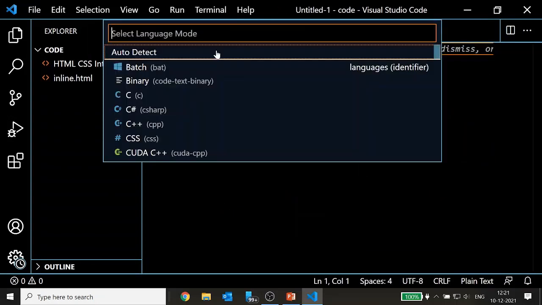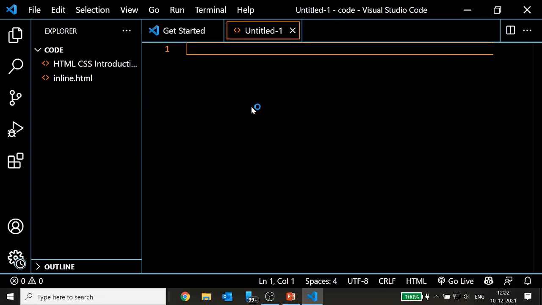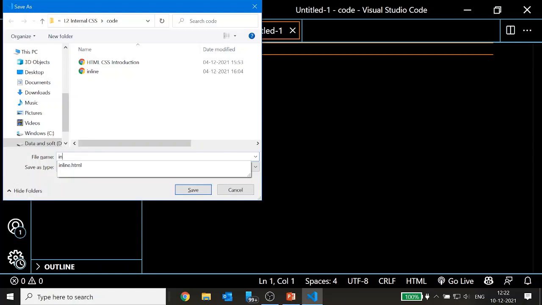Make it an HTML file, save it as internal CSS.